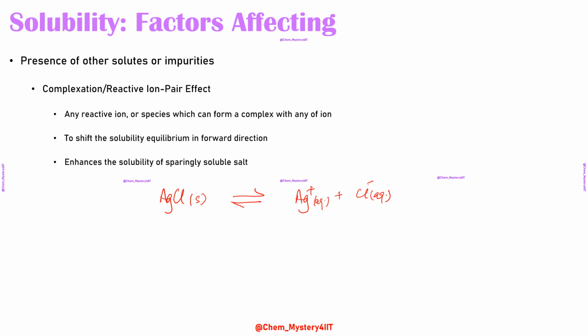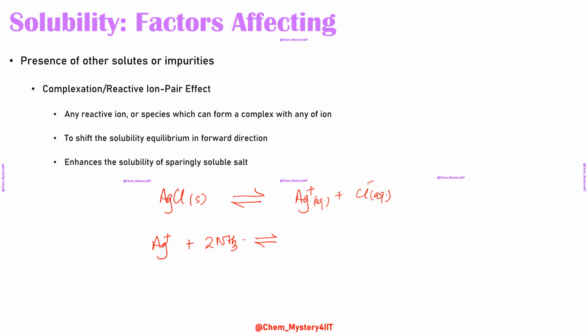In the absence of anything, there will be some solubility, which is going to be the square root of Ksp for AgCl. That is roughly 10 raised to the power minus 5, because the Ksp of AgCl is roughly 10 raised to the power minus 10. Now, if we put some ammonia, or you can say ammonium hydroxide, into the solution, this ammonia we know as forming a complex,